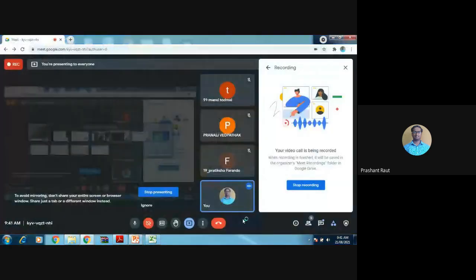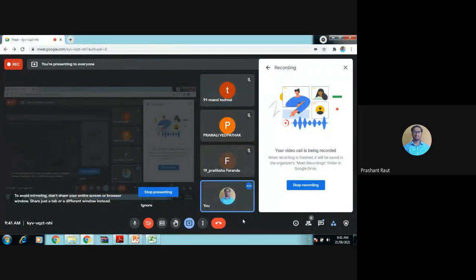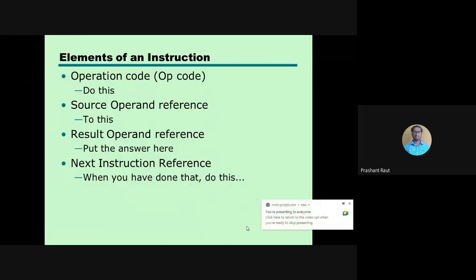This is a very important point. There are some registers like the accumulator, then the instruction pointer, or say program counter, and likewise.